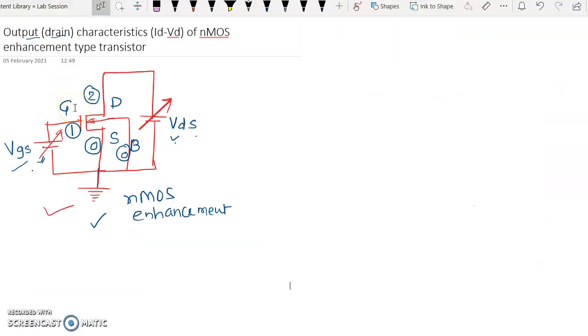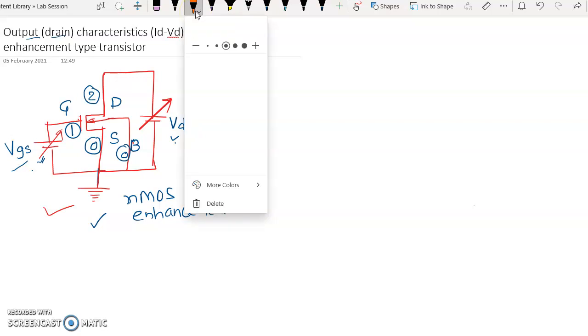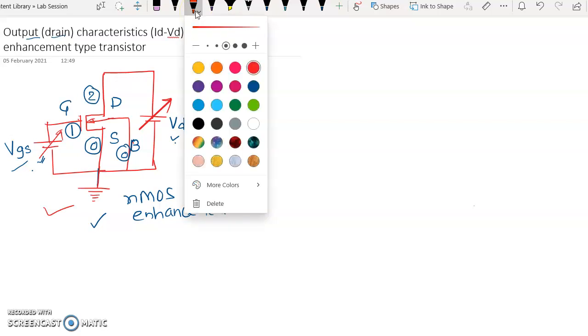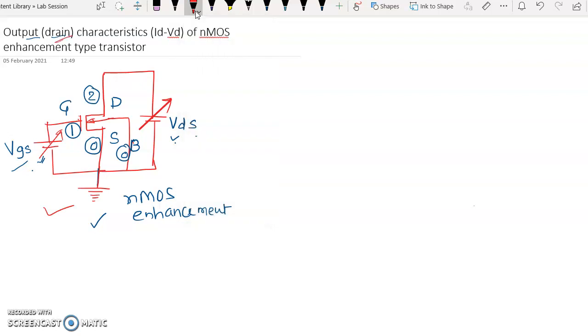So friends, let us understand today the output characteristics of the NMOS enhancement type transistor. Output characteristics are also called the drain characteristics or ID-VD characteristics. Now if you observe, this is the NMOS enhancement type, and it is the same circuit which we had